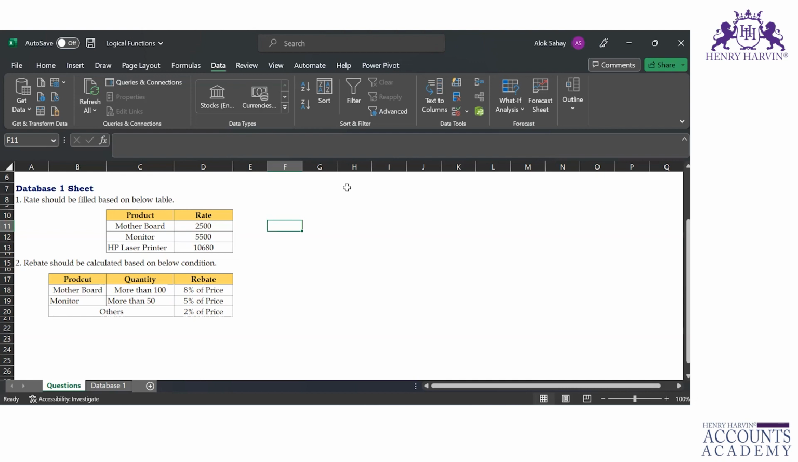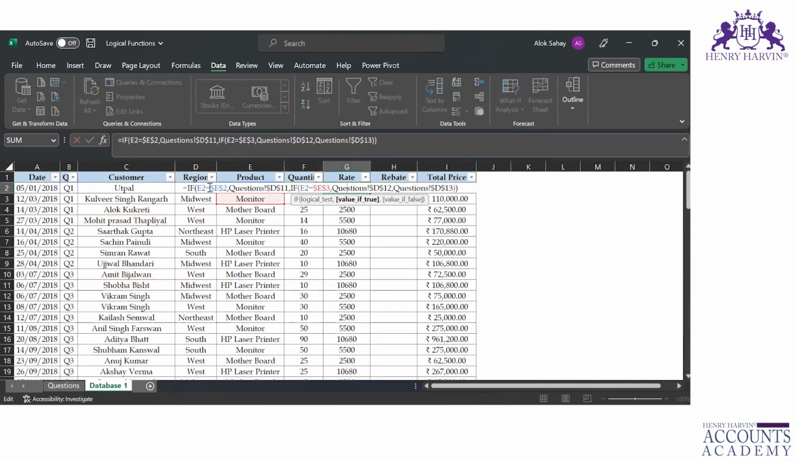In the first if, I have provided the condition that my product should be equal to this. So I have selected a cell and I have fixed it. Why have I fixed it? Because in every cell, whenever I'll be dragging, this particular product should change, but this product, whatever I have selected, should not change, because as you drag this,